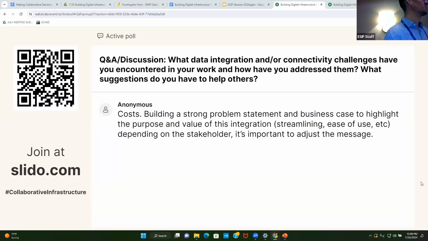A lot of times people think about integrations from the standpoint of their own organizational requirements, but then it becomes very difficult to articulate that to a broader set of colleagues who have other ideas of what has to happen. So I think this is a really good statement. Any other questions?